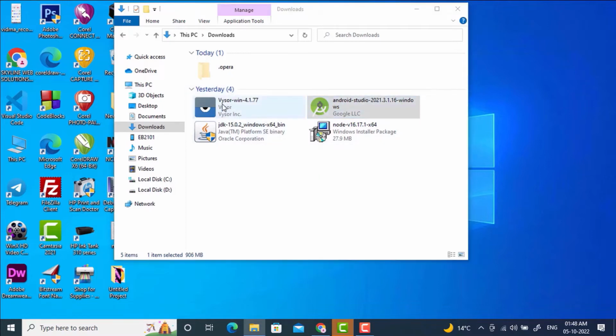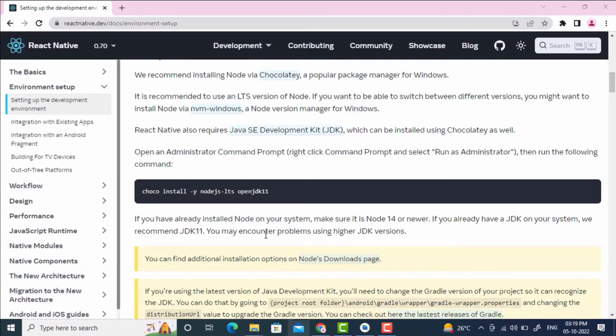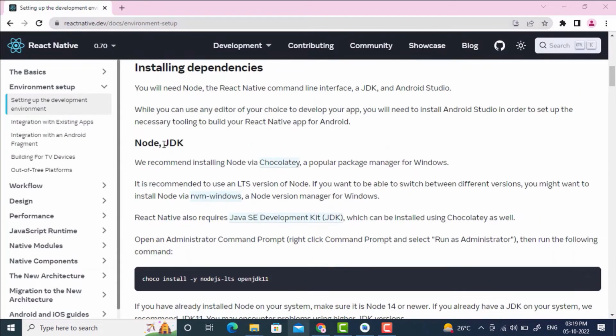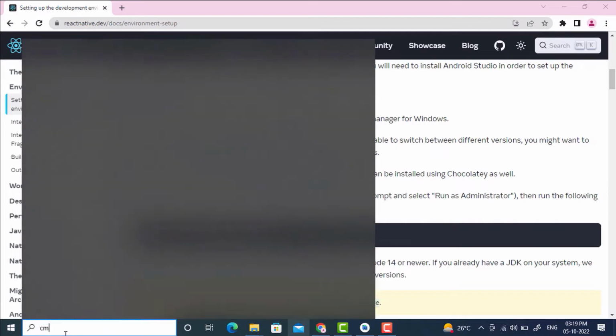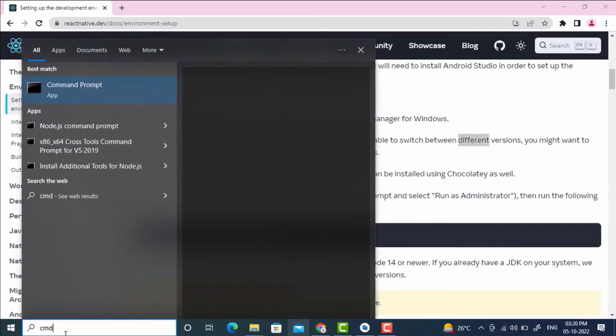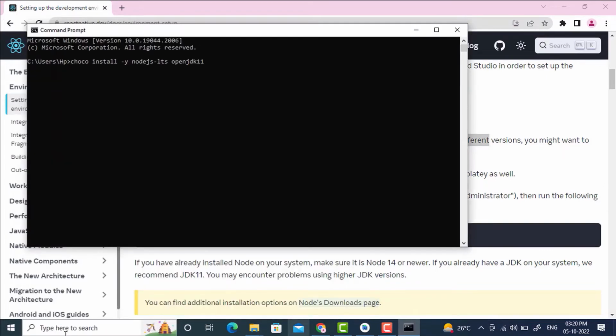Visor is also installed in a similar way. You have to hit next and next. You don't have to divert anywhere. After installing Node.js and JDK, I suggest you copy this command, choco install, so that it will install Chocolatey in your system. I will copy this, and after this you will open a CMD